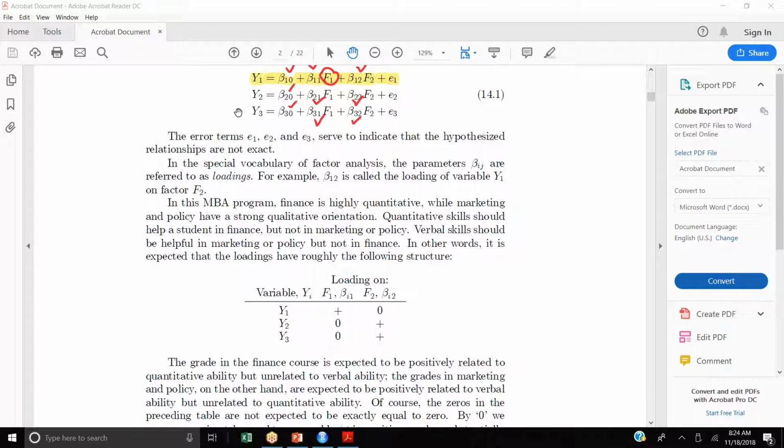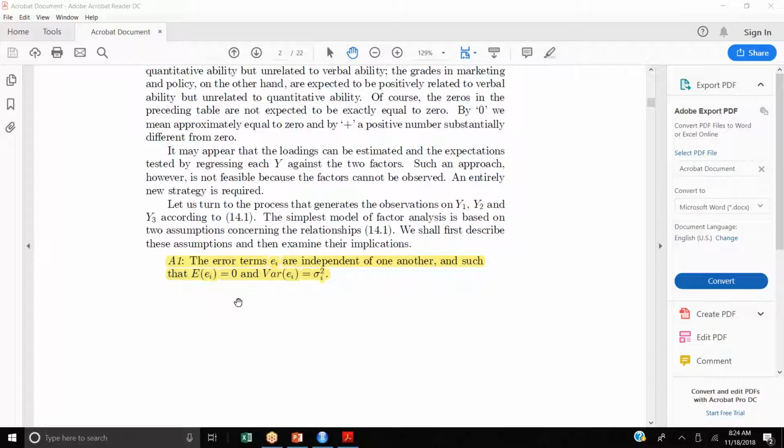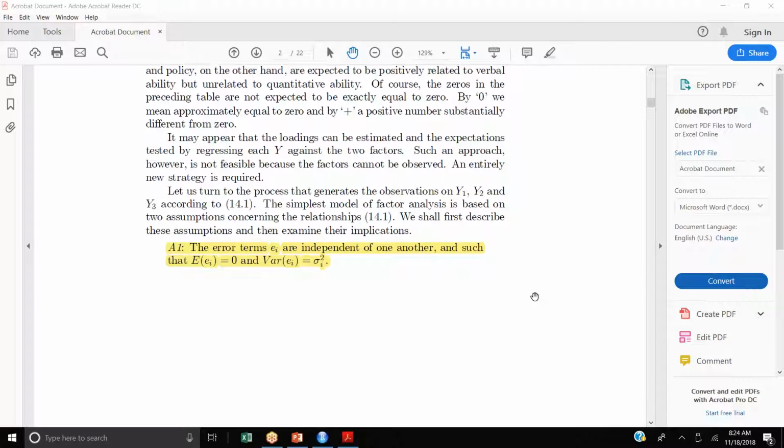Yes, sir. And in real life, it may be 20 different scores, as I said, and you need only 2 or 3. Okay, that's a reality. So there are some assumptions here. The error terms are independent. We need those things, okay, because